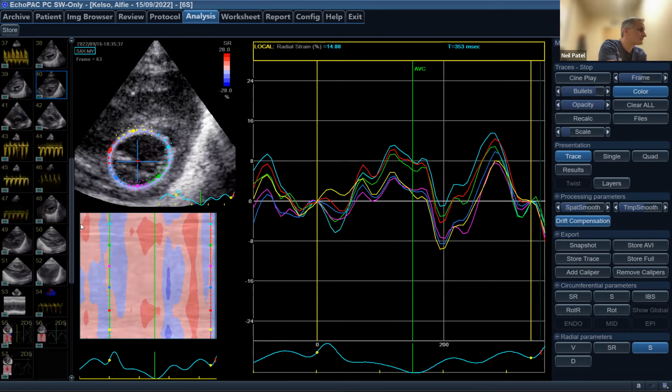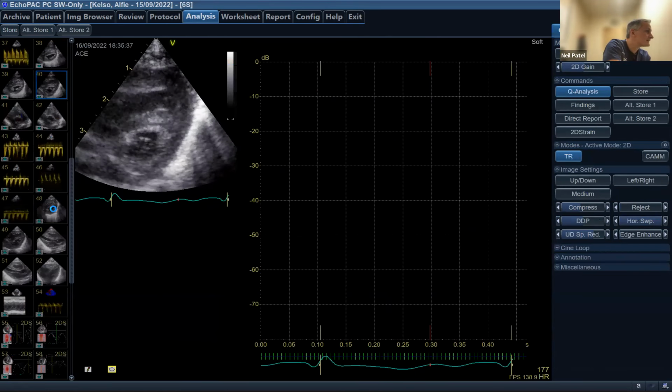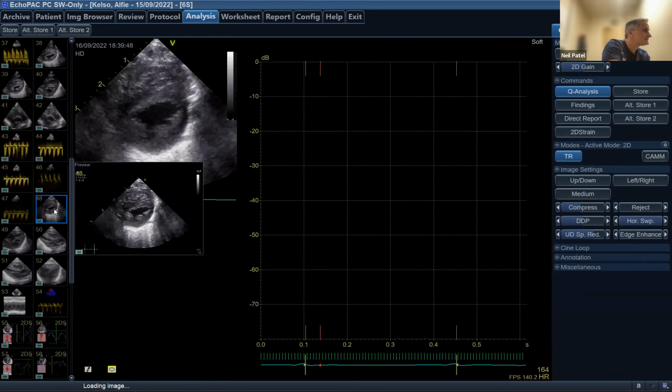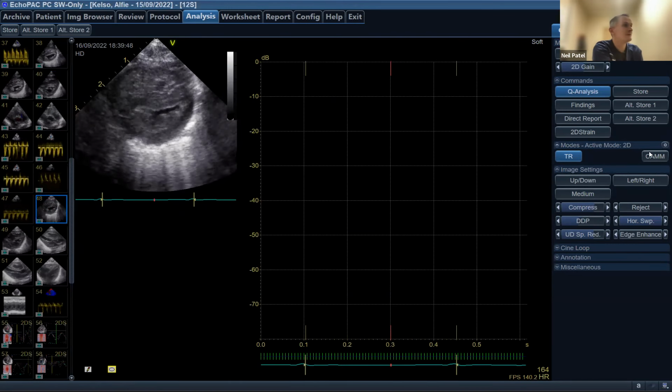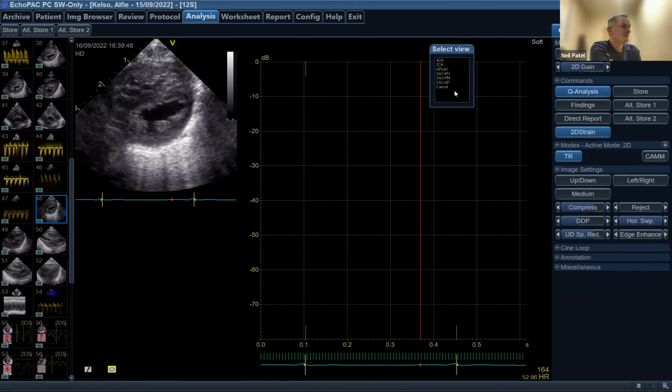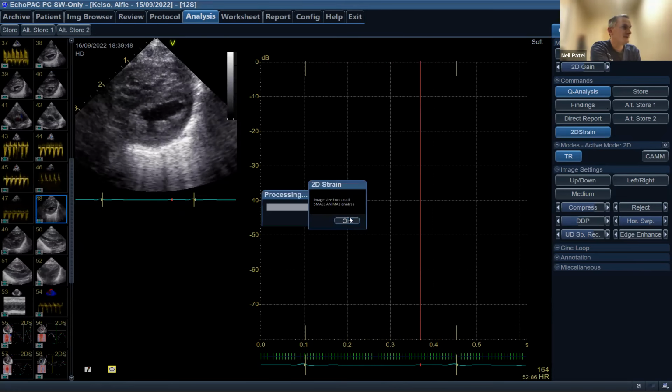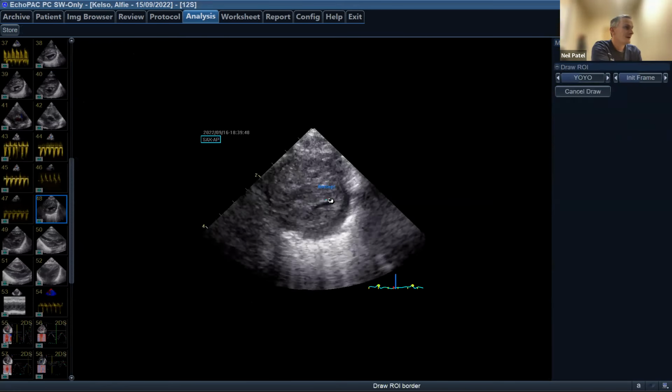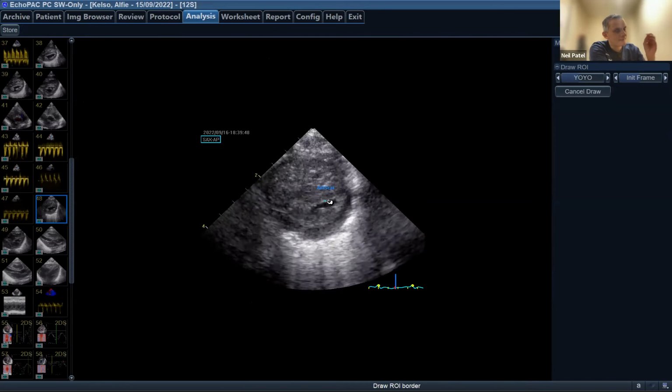And let's now look towards the apex. I think we like this one. Yeah, I think let's use this one. Again, perhaps not quite as apical as I'd like it to be. So this is short axis apex, okay? And it's showing us the ventricle, just the frames at the end of systole. So we'll do the same as before. We're going to draw a loop here